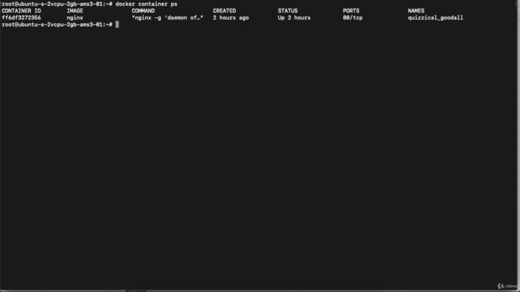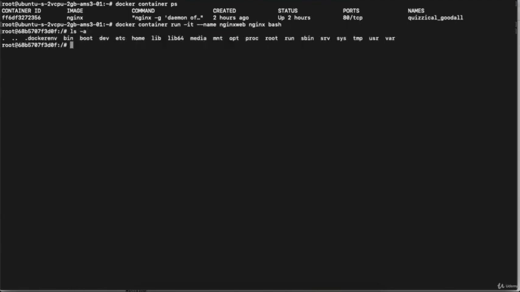For this, I will start a new container of nginx and verify the directories which are present inside the nginx image. For this, I will execute the command docker container run -it --name nginx-web, then the port, then provide my nginx image name and bash. Hit enter. So right now I am inside my nginx image. If I execute the command ls -a, then I can see these are the directories which are present inside my nginx image. If I go to temp